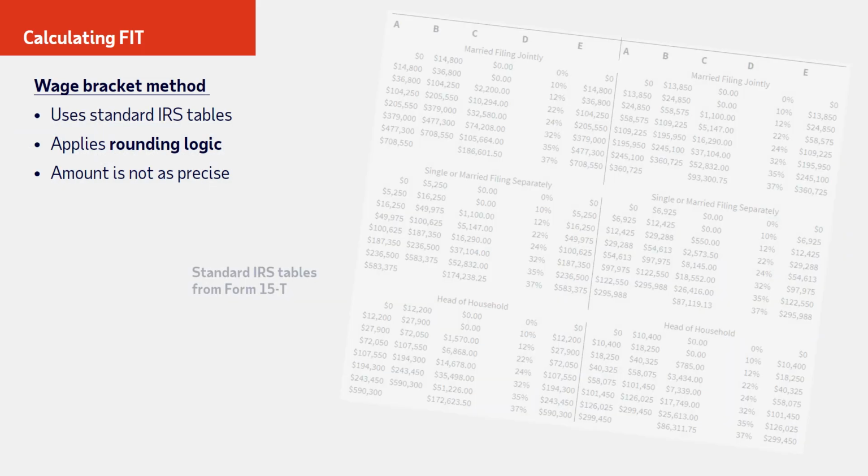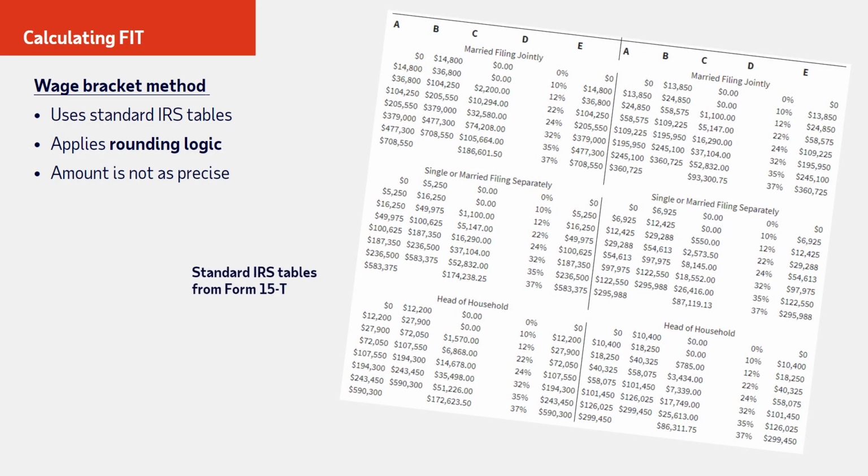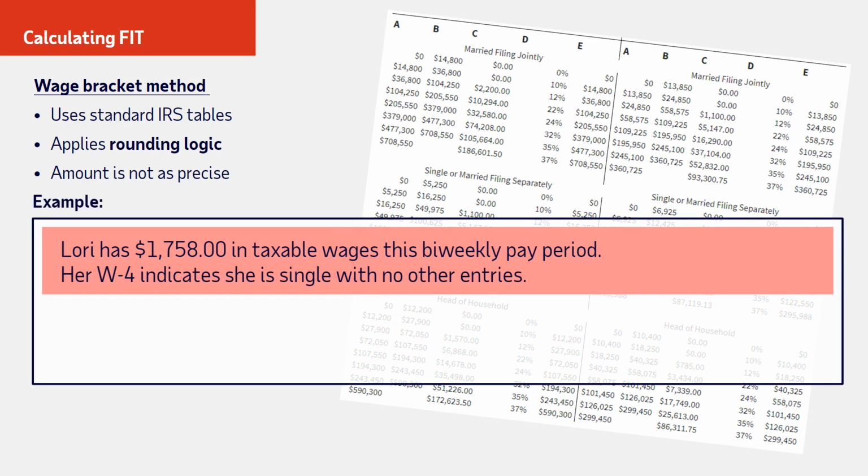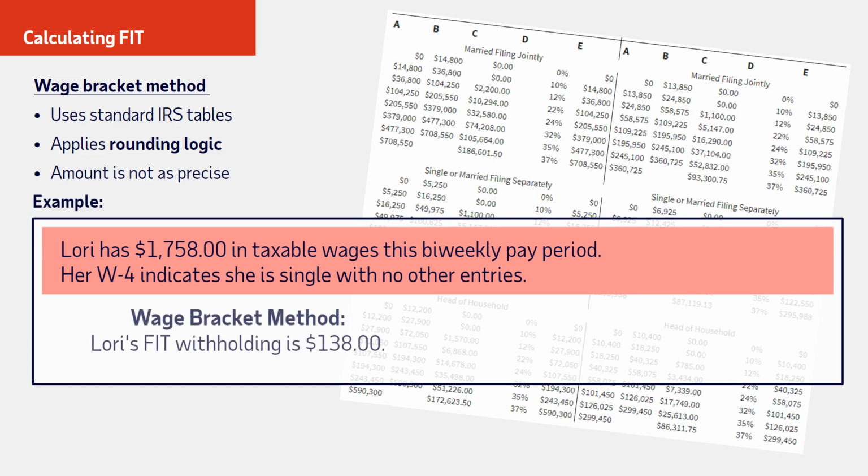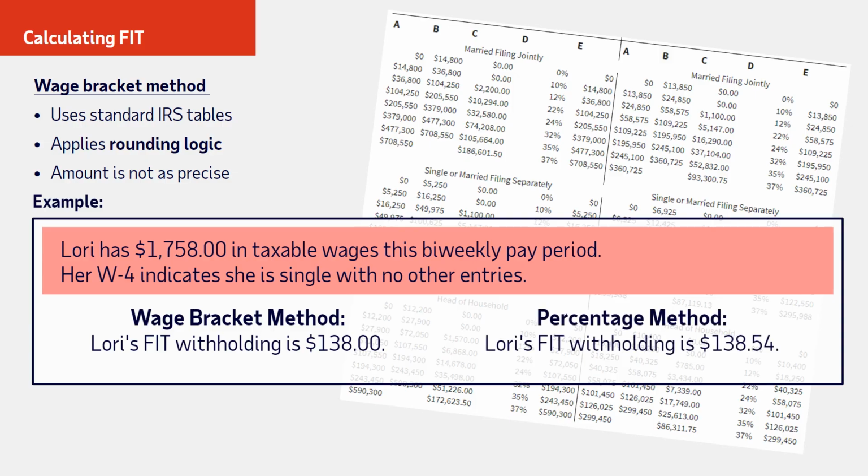The wage bracket method uses standard IRS tables that apply rounding logic, so the amount is not as precise as the percentage method, which calculates to the cent. For example, Lori has $1,758 in taxable wages this biweekly pay period. Her W-4 indicates she is single with no other entries. Using the wage bracket method, Lori's FIT withholding is $138. Using the percentage method, Lori's FIT withholding is